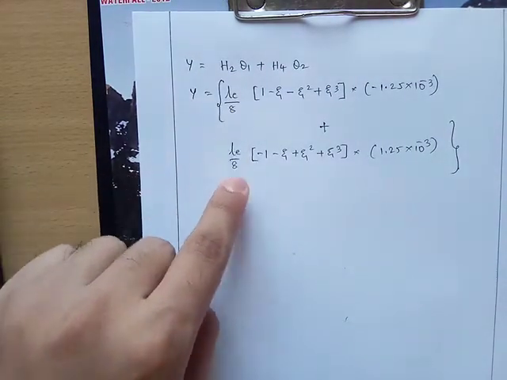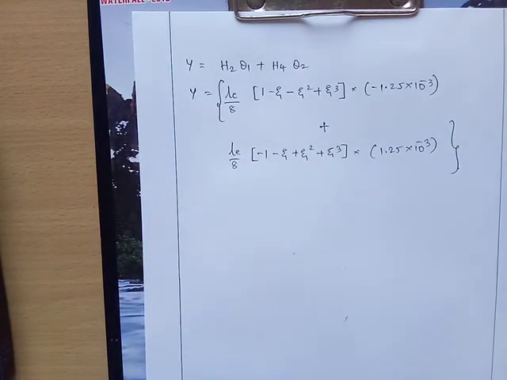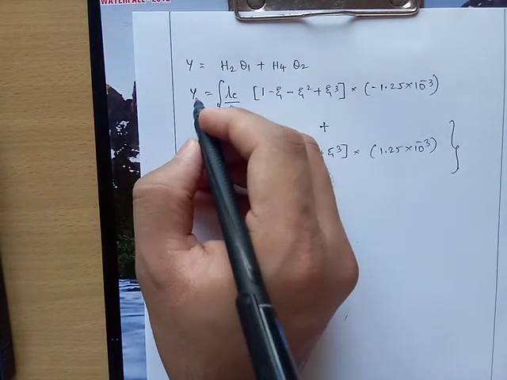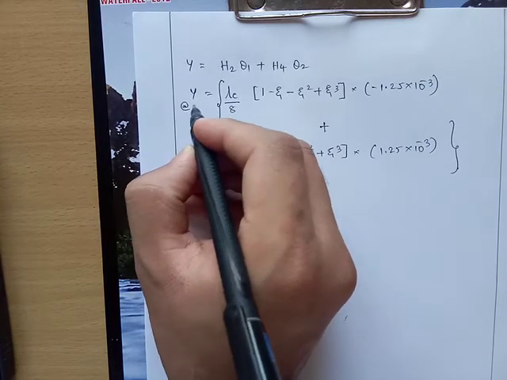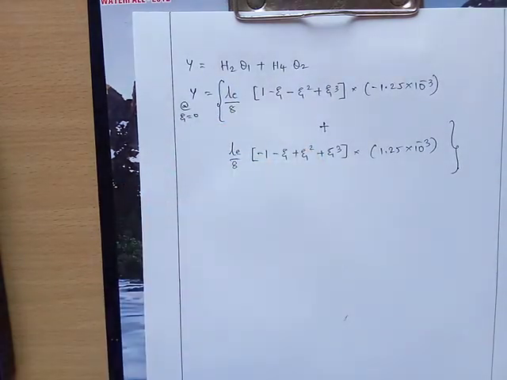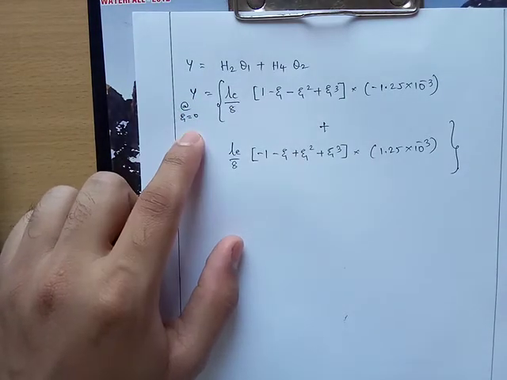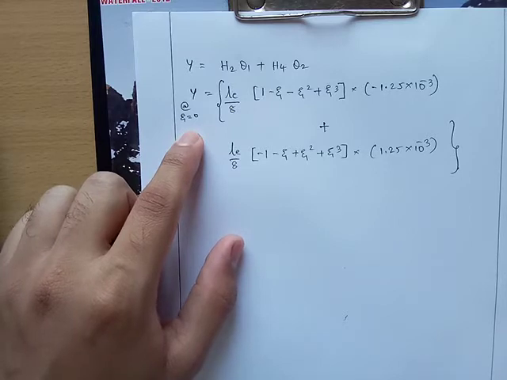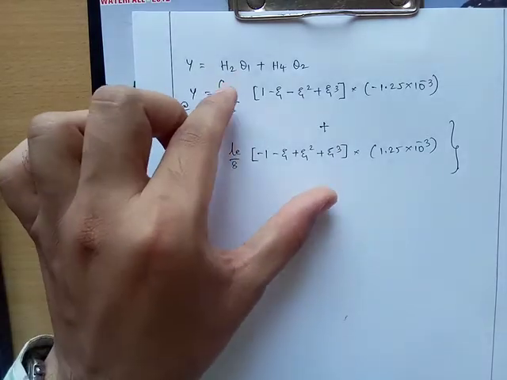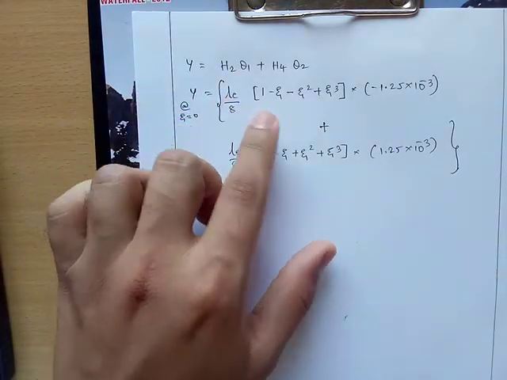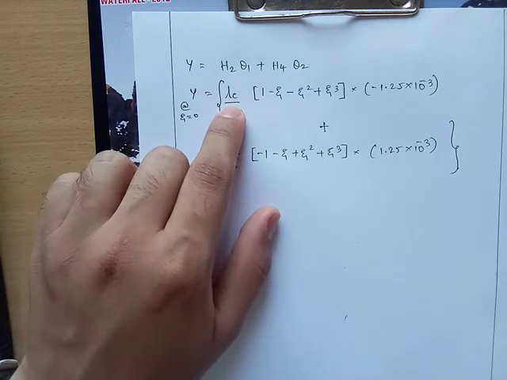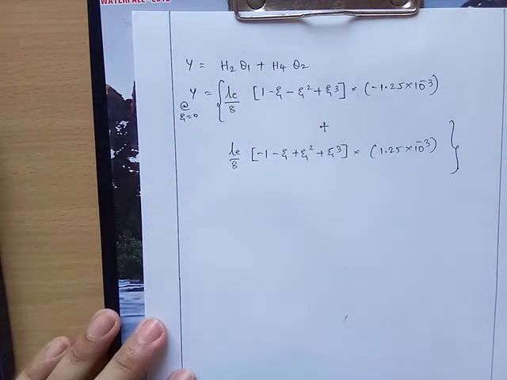So these shape functions you need to remember, whatever we have derived, all the 4 shape functions you should know. Now this value of y should be at zeta is equal to 0. Okay, this is because I told you already, deflection will be maximum at the center, and at the center the value of zeta is 0. So in this expression, you put the value of zeta as 0. Length of the element should be substituted as 1 meter.